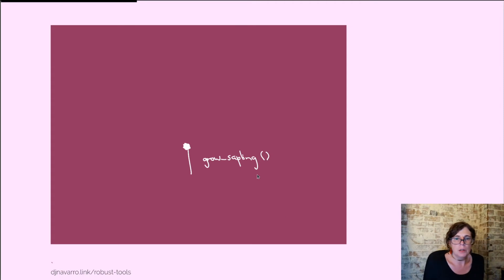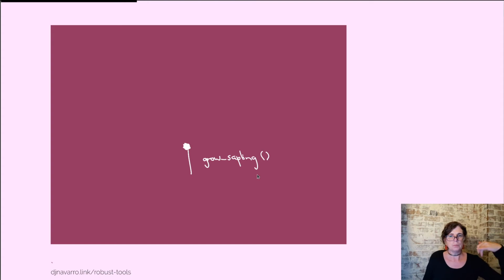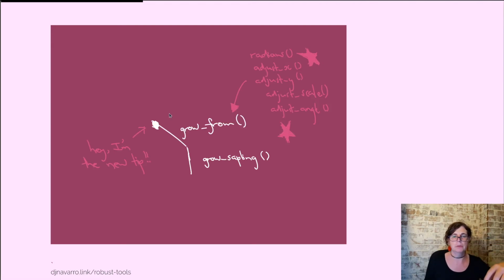And so now we have this system that we can start thinking about in a fairly, I hope, helpful and straightforward way. So we've got a process that at the moment is unfolding like this. We grow the sapling, we then grow something from the sapling, and in doing so, we're moving the tip of our growing tree forward as we go. So we've gone grow sapling, then we've called the grow from function, and it's gone, hey, we've moved the tip